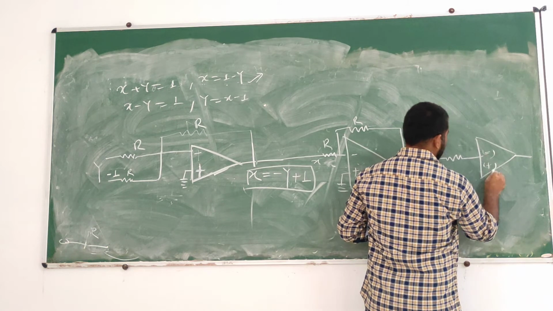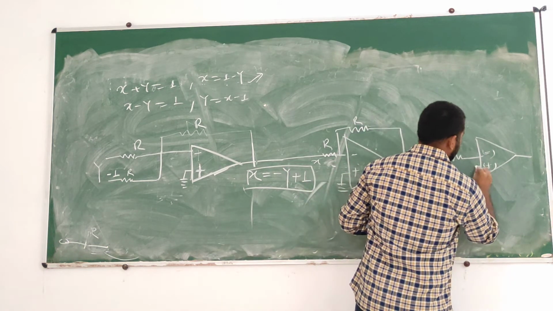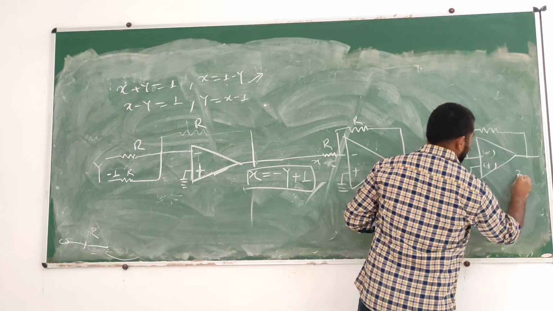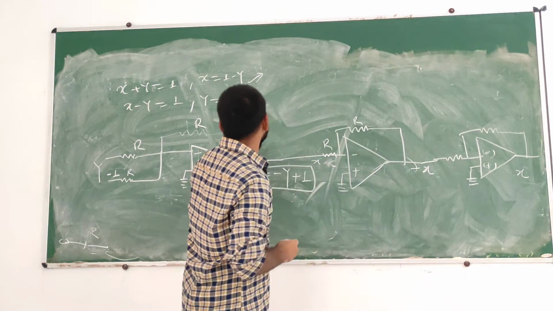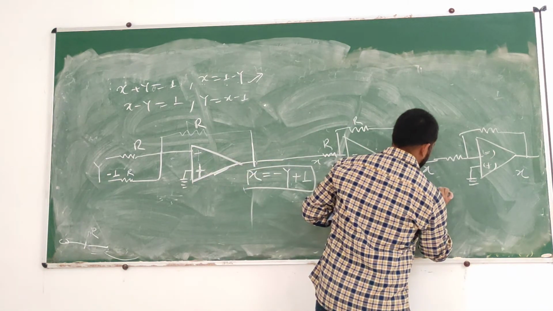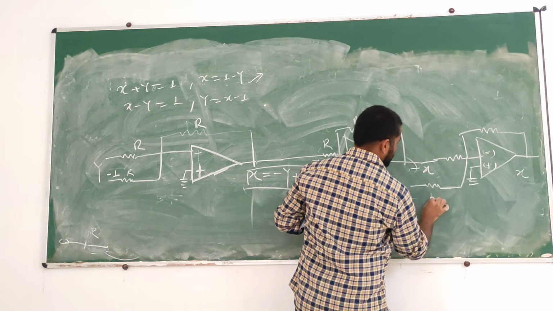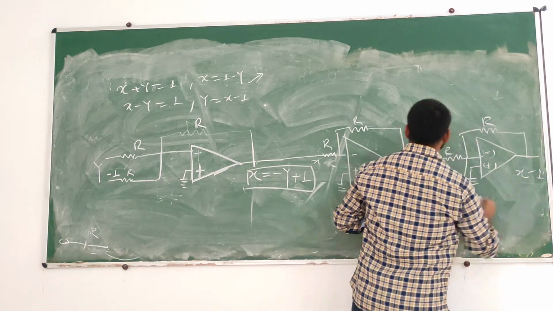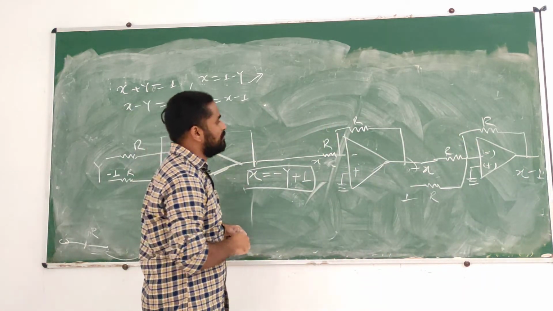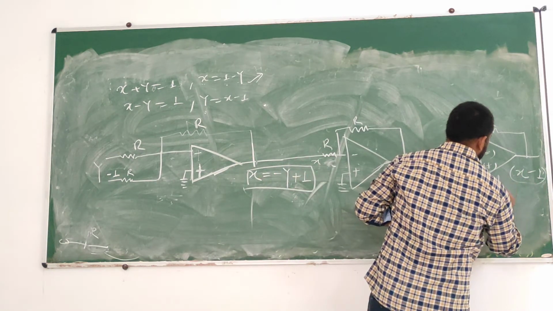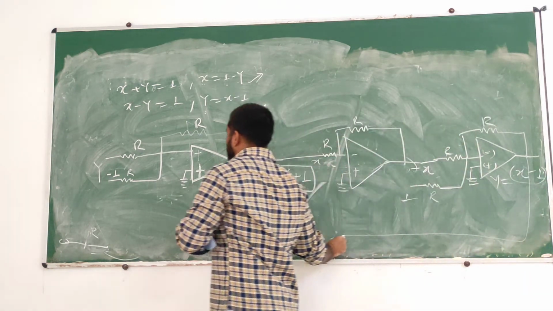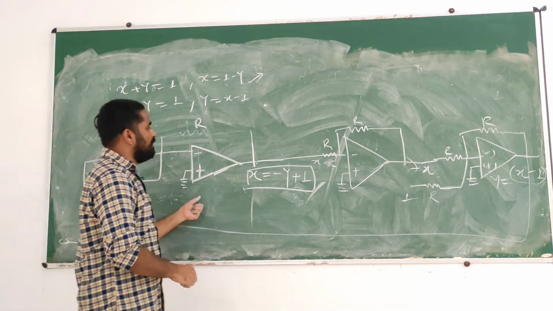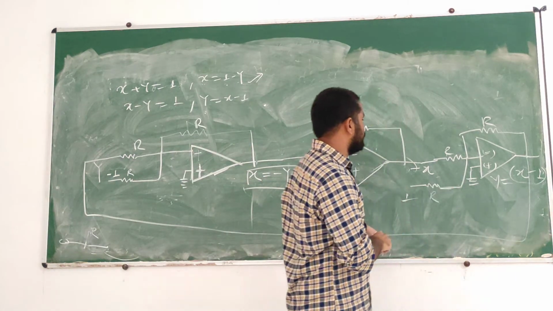This will solve our equation. This is negative, positive, this minus x will be giving you x over here, and we need minus 1. For that we are applying 1 volt, this will be R, this will be R, this will be R, and 1 will be reflected as minus 1. So you got the second equation, y is equal to x minus 1. This is nothing but your y. So take y and tap it over here. So with the help of 3 op-amps, you are going to solve the equation.